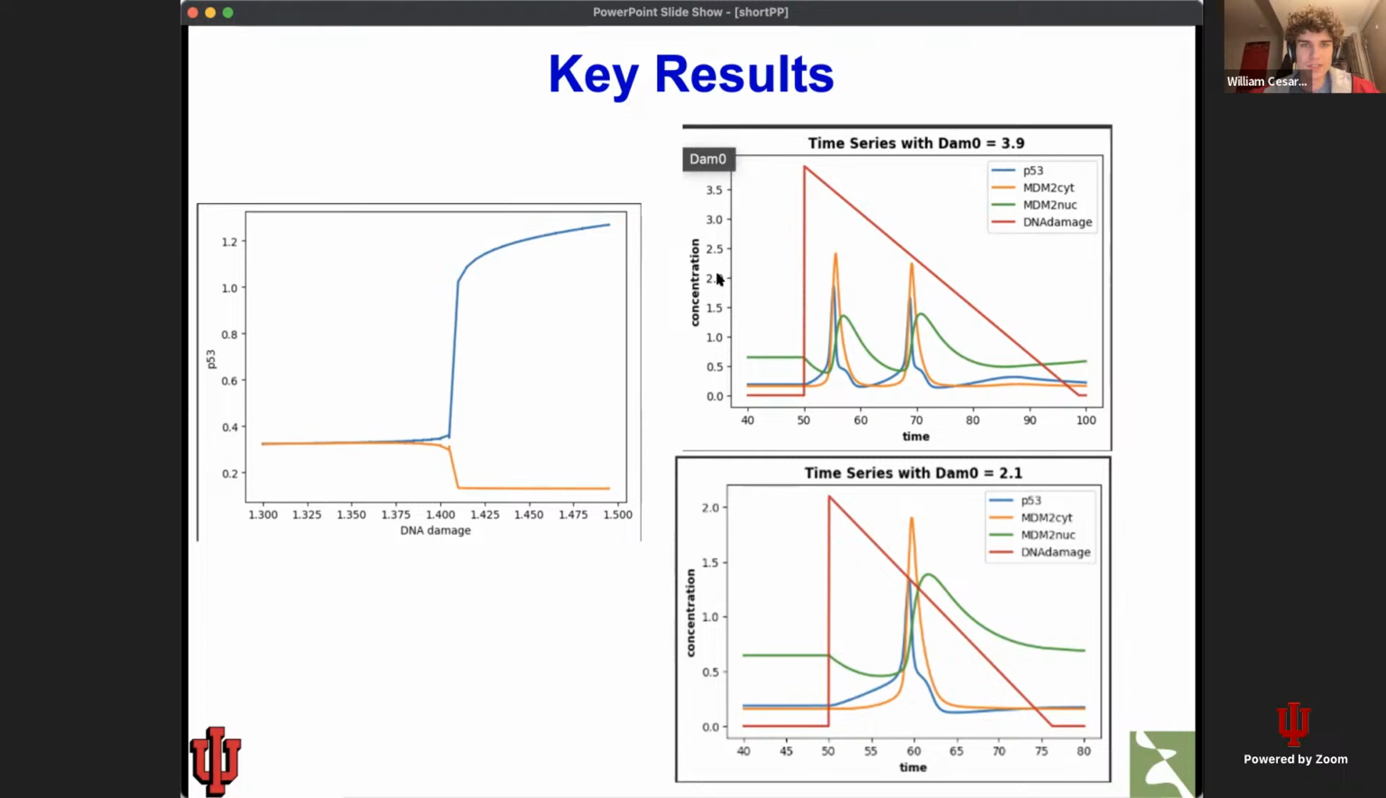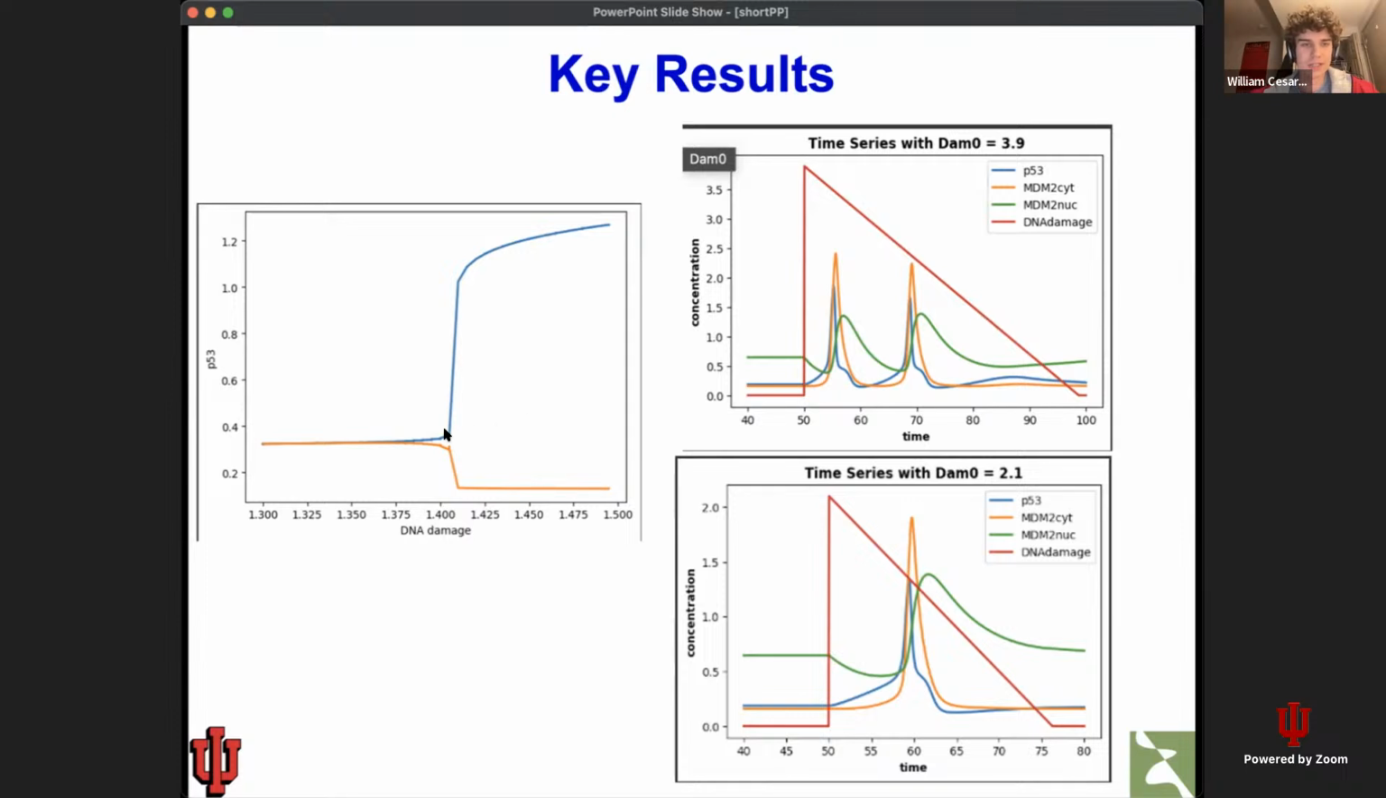So for the second graph here, DNA damage is relatively lower than in the graph above. When DNA damage starts and it's decaying, we only get one pulse, or one oscillation. But when we increase DNA damage, and I made it so the y-axes dynamically change with the amount of DNA damage, we will see two pulses, because it takes longer for the